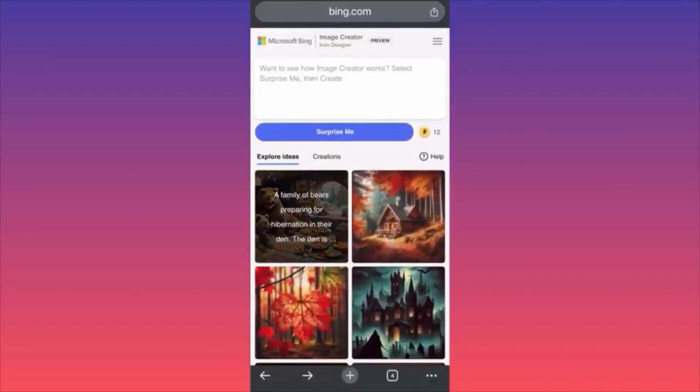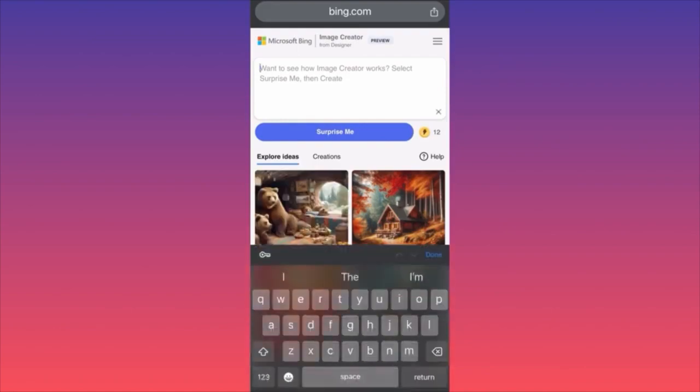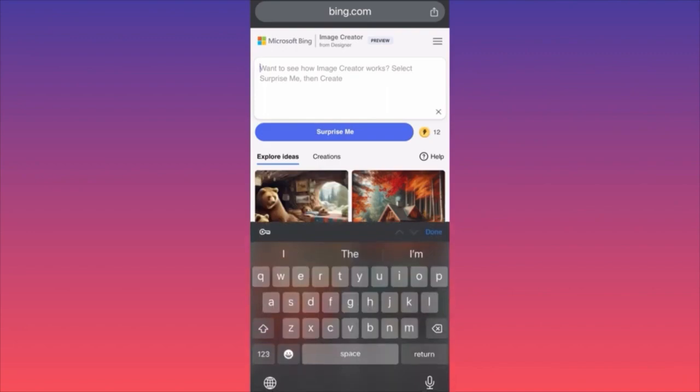So when you come over here and you create your account, you log into your image creator account, you want to describe as detailed as possible what your prompt is supposed to look like, right?